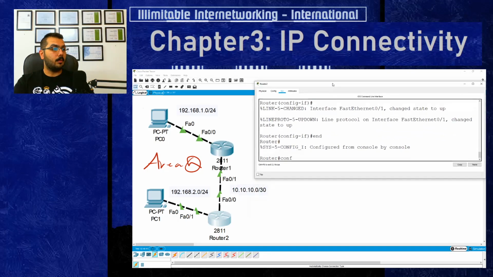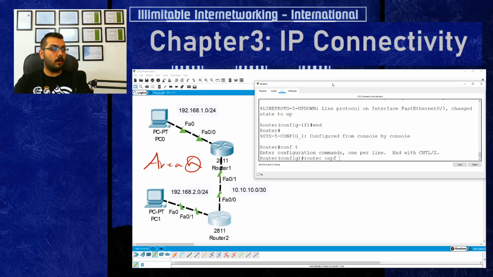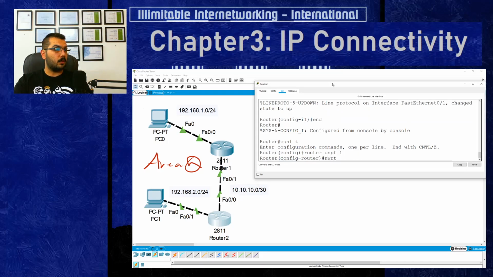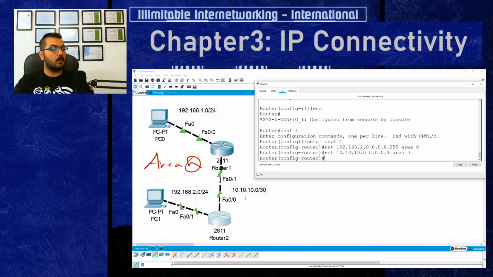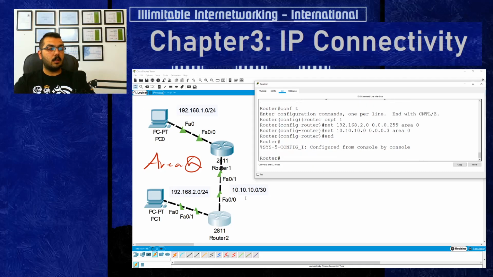On the other router, I will configure terminal, router ospf 1, network. The first network will be 192.168.2.0 with the wildcard mask of 0.0.0.255 because it's /24, area 0. The other network would be this one that is common between them, and this is what will make everything go correct now. 0.0.0.3, also area 0, enter, and let's wait for the loading and database description